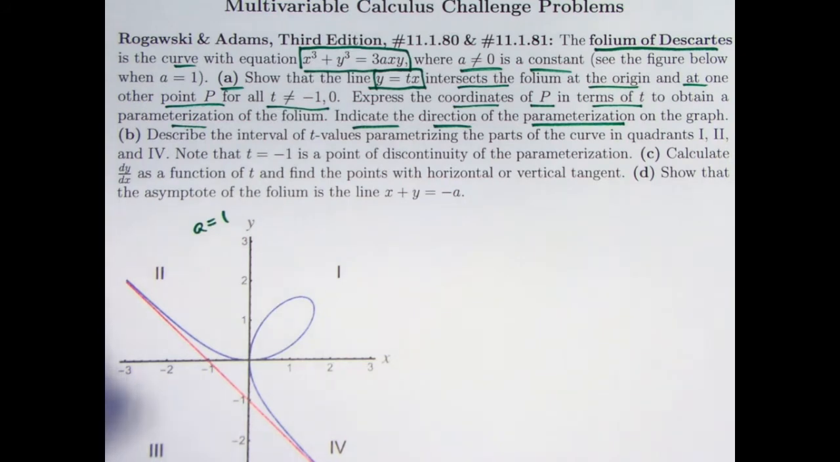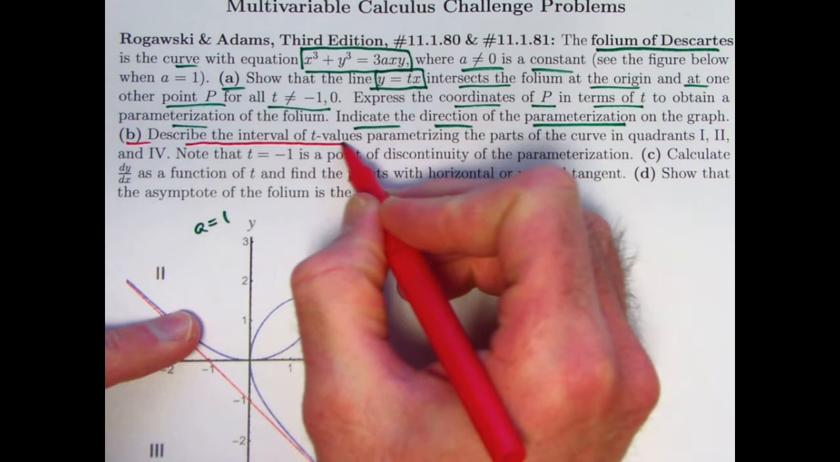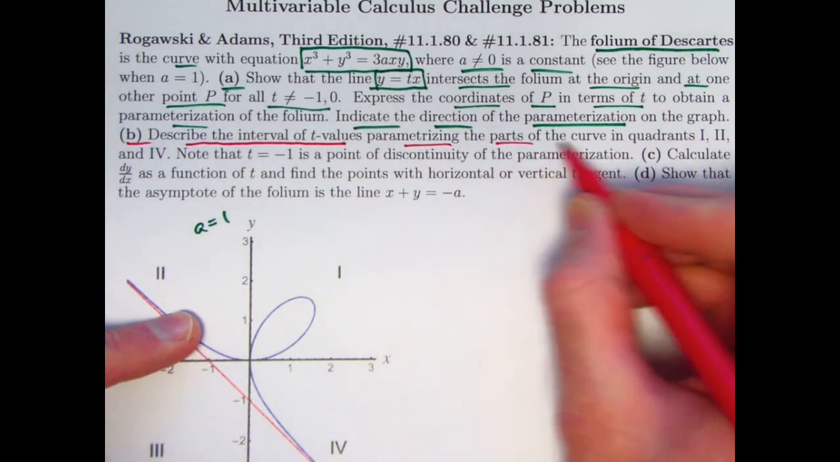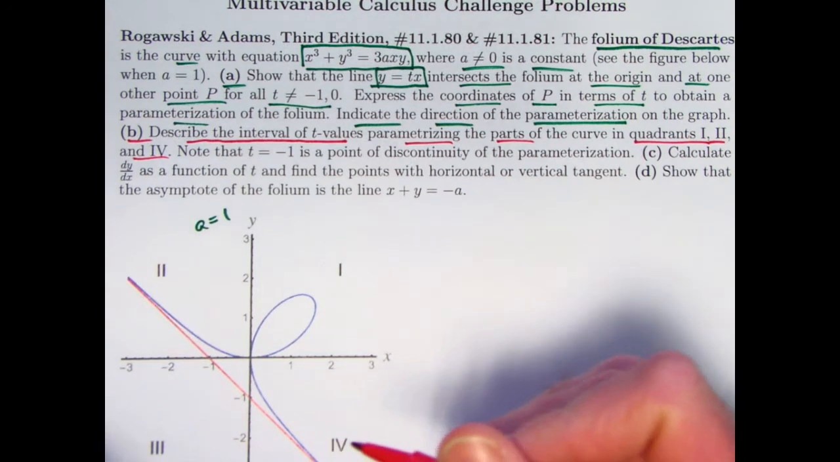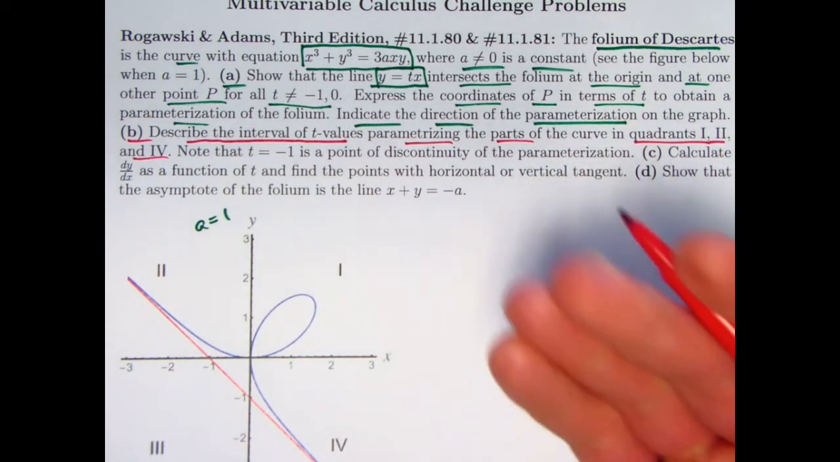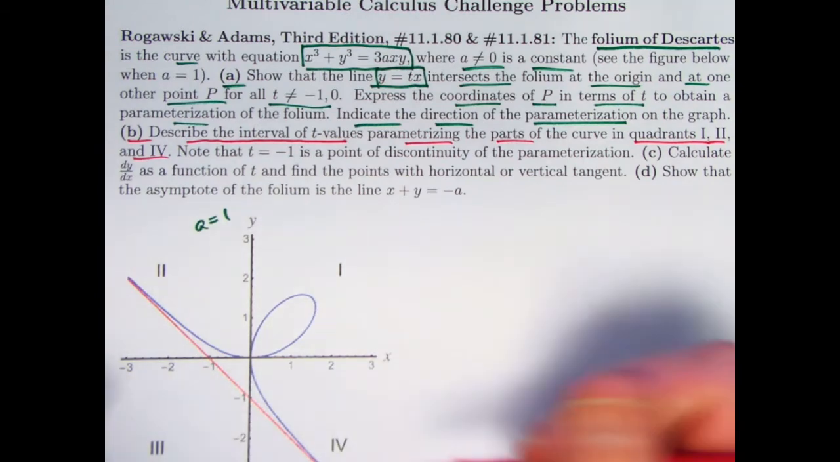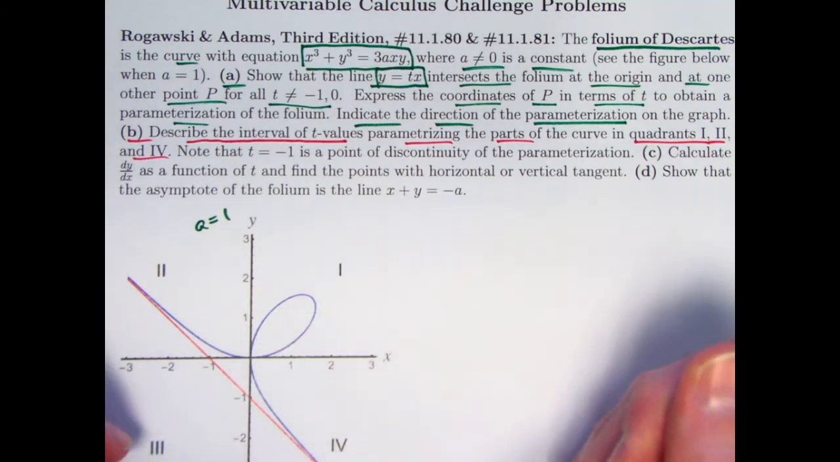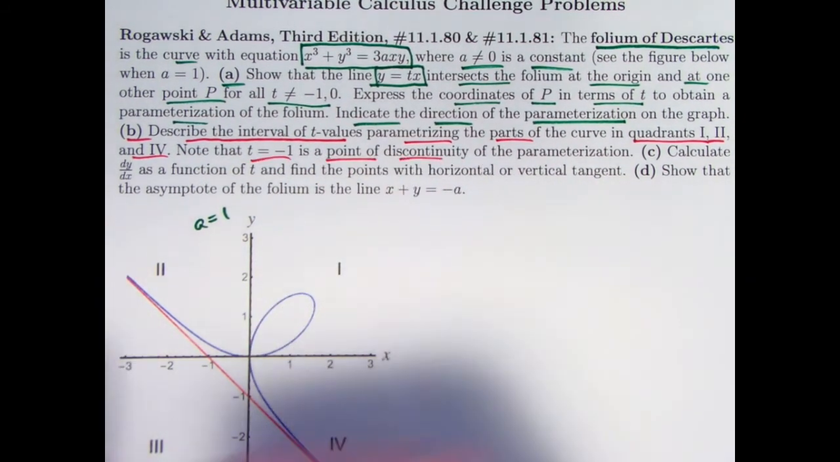That's part A. Part B, describe the interval of t values parametrizing the parts of the curve in quadrants 1, 2, and 4 like you see here. Actually, that's when a is positive. When a is negative, it's quadrants 2, 3, and 4 instead of 1, 2, and 4. But we'll do it assuming a is positive. Note that t equals -1 is a point of discontinuity. Part C,